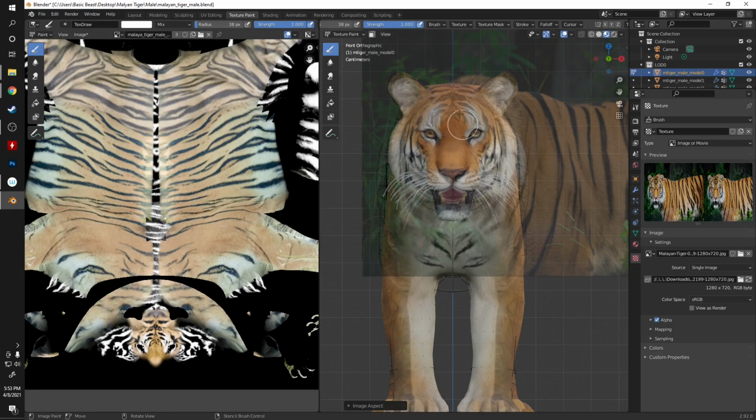So instead, I'm going to let each side be unique, and I just want to get this really good